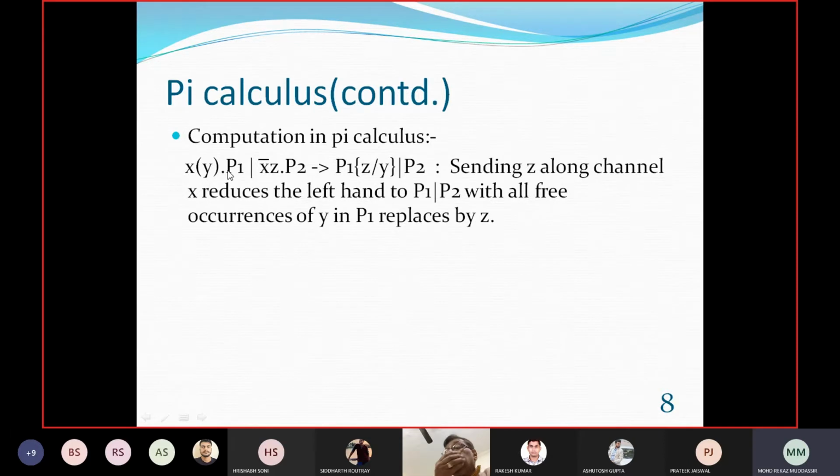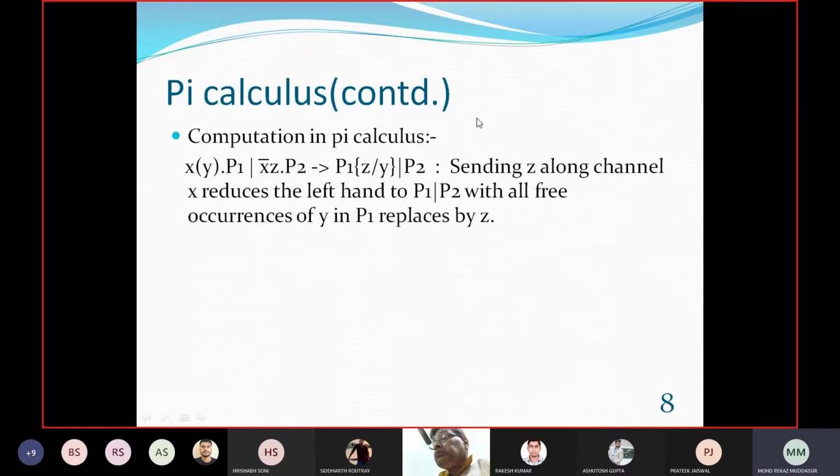So what is happening here is, we have two processes, p1 and p2. In the p2 process, x is the link. So let's say there is a process p1, there is a process p2, and there is a link between them. In the p1 process, there are all the occurrences of y, and in the p2 process there is a service z.